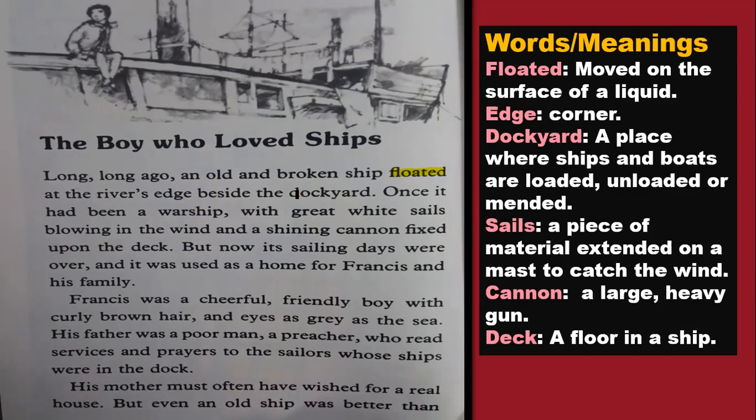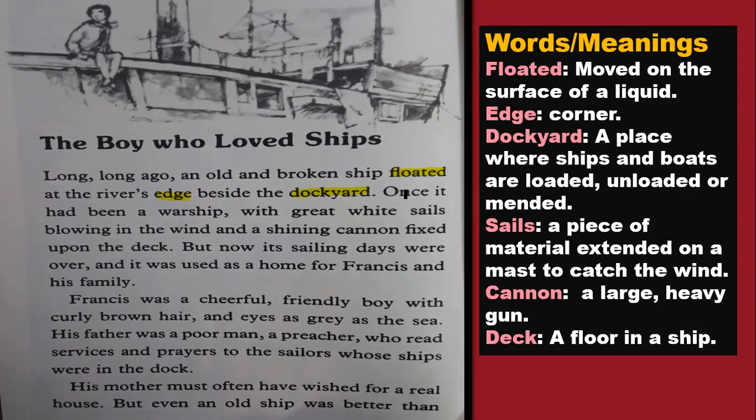and it floated at the river's edge beside the dockyard. Underline the word dockyard. What is a dockyard? A dockyard is a place where ships and boats are loaded, unloaded, or mended. Okay, so a dockyard is actually a place where the ships come and they are repaired. If something is to be loaded on them, then something is loaded. If something is brought on it, then it is unloaded from there. Okay, and edge is the corner. So it was actually at the corner of a river where this ship was floating,